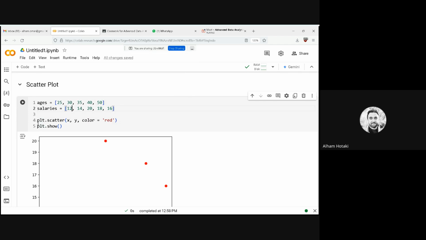For example, we have 35,000, 45,000, 50,000, 60,000, and 70,000. So 1, 2, 3, 4, 5 for each. So if you just plot this one,